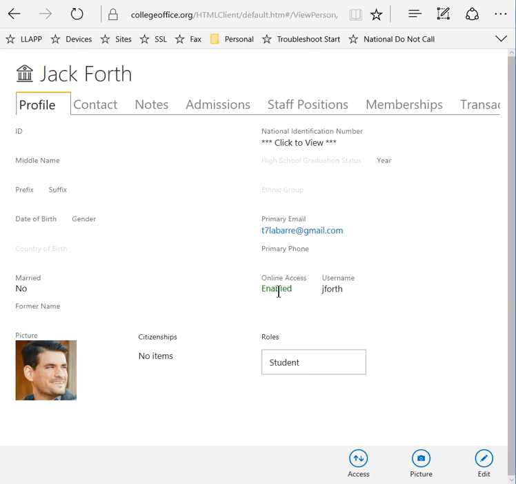have online access. So first of all, I'm going to show you how to revoke online access to an individual who has online access. So here he has a primary email address, which is absolutely required in order to be able to have online access, and his online access is enabled as it is indicated here, and his username is jforth. So to manage the access of a person, I click the access button here on the lower part of